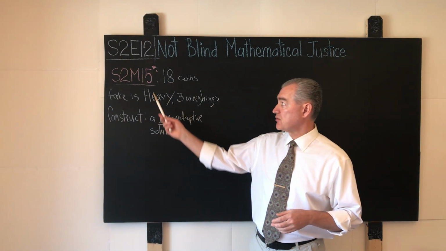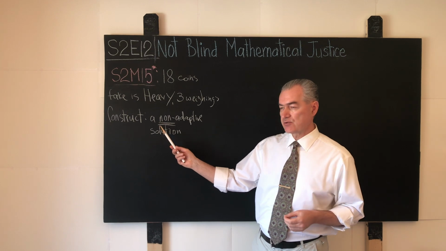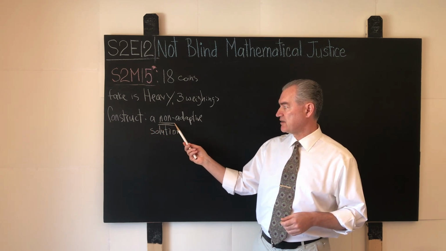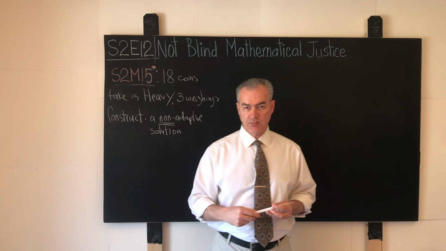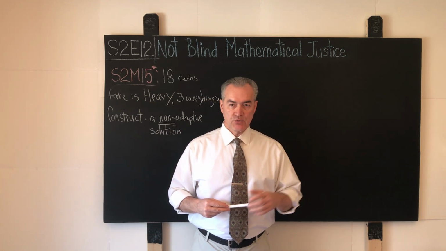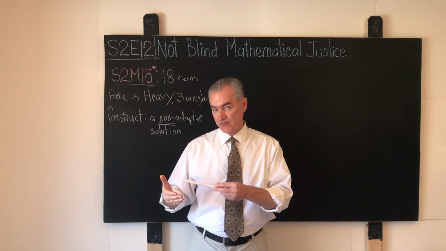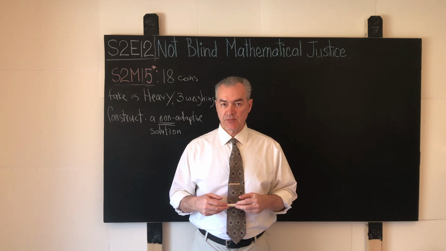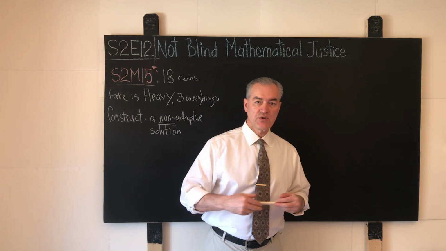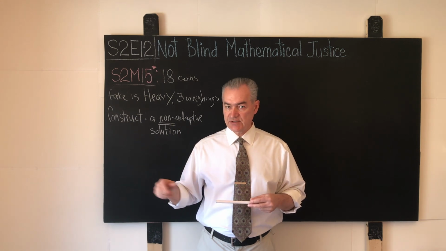In the problem S2M15, the challenge is not to come up with an adaptive solution, but with a non-adaptive solution, which you can write on a piece of paper and give to someone else. That someone else will walk into a different room where you cannot see that person. That person will follow the recipe, follow the instructions of your non-adaptive solution, come back, and give you the piece of paper with the results. You will look at it and you'll say, with absolute certainty, this is the fake coin